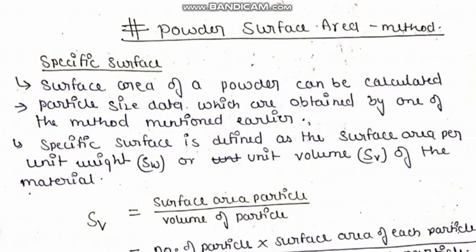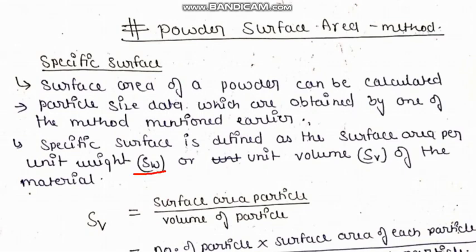Hello everyone. Today we are going to discuss a property related to powder, that is its surface area. So first of all we have to determine what the specific surface area is. Surface area of a powder can be calculated from particle size data, which are obtained by one of the methods mentioned earlier. Specific surface is defined as the surface area per unit weight, represented by SW,